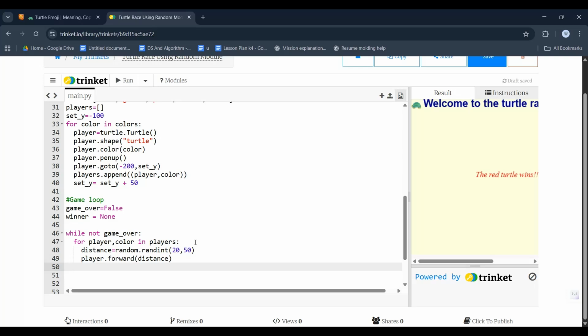So here it is. Now let's write the code to check when the game will be over. For that we're going to use the same variables, player and color in players, because both of them need to be kept in check. Here we need an if condition, which will help us check if the x coordinate of any of the turtles is greater than